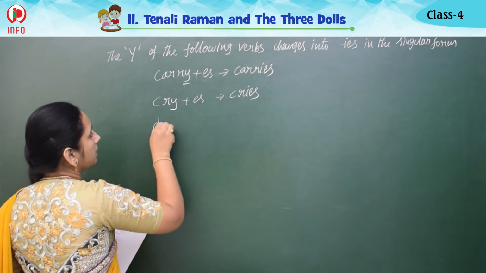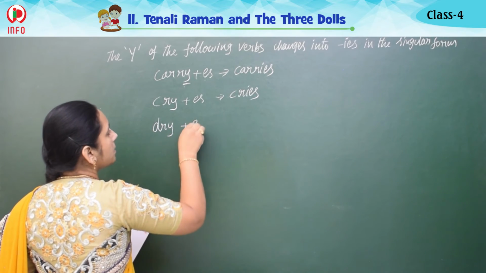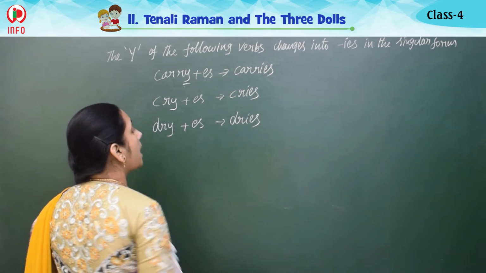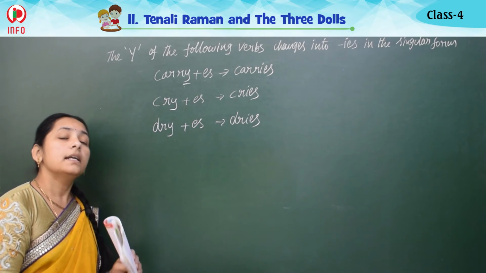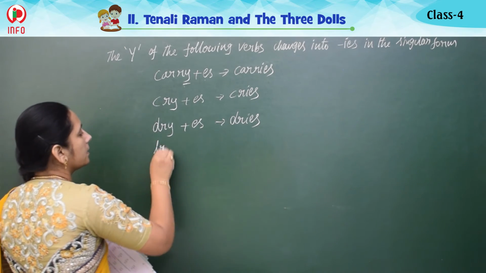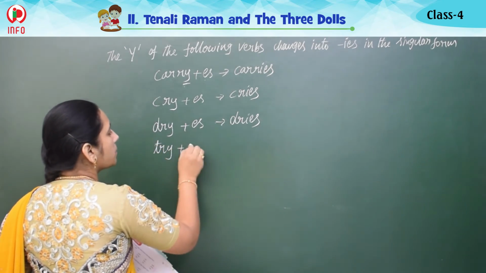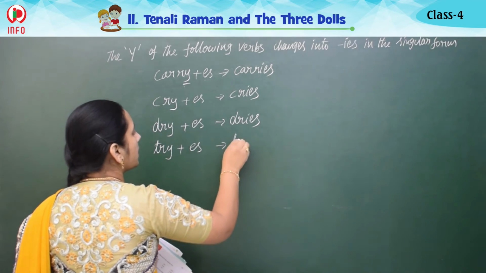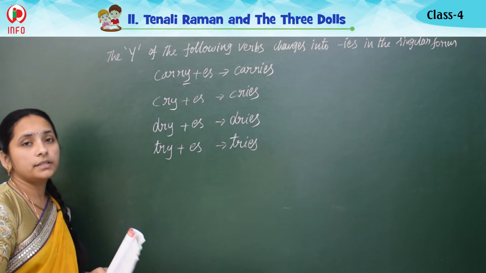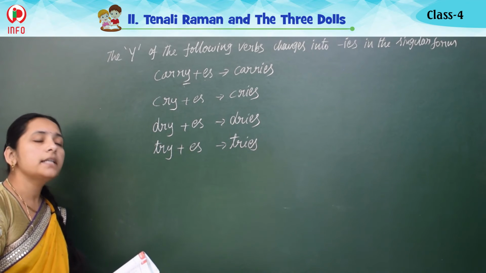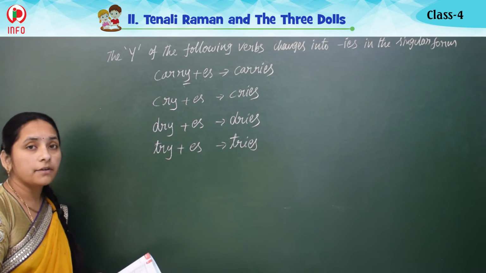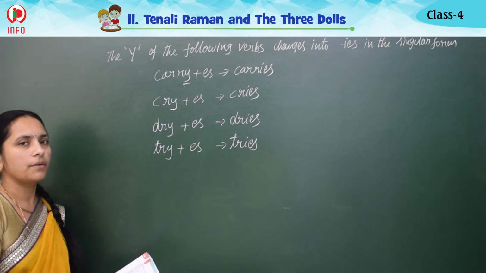And dry. For this if we add es then it becomes dries. It is D-R-I-E-S. Dries. Next, try. T-R-Y, try. Then for this to add es means tries, T-R-I-E-S. Y is omitted and we get i instead of y while we are writing a singular verb. Okay, singular form of the verb.